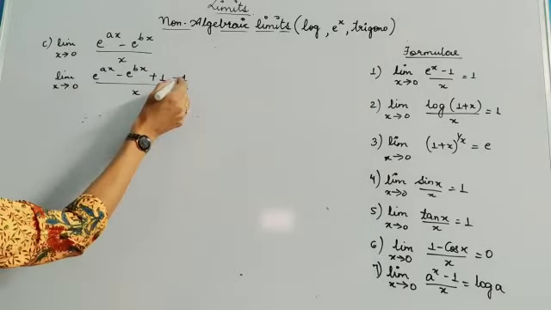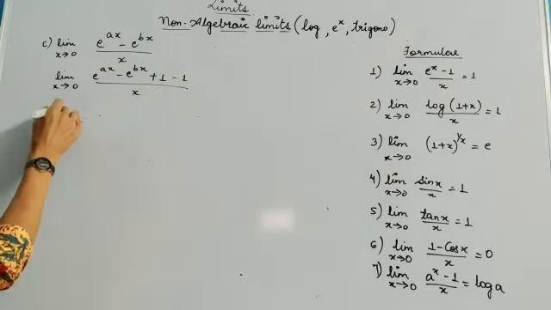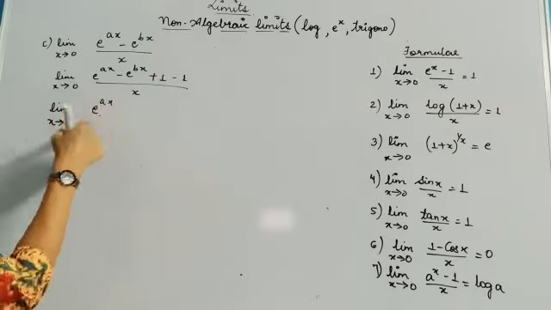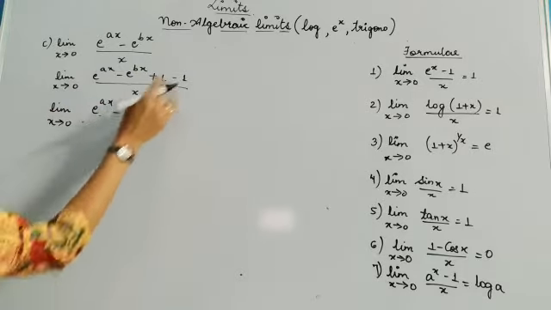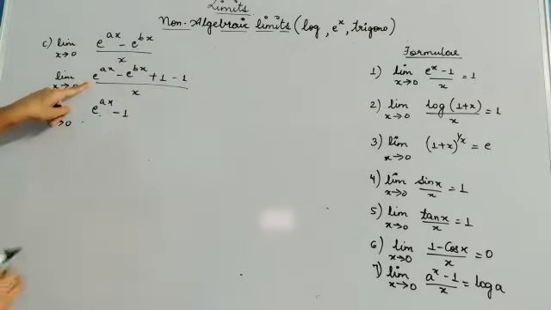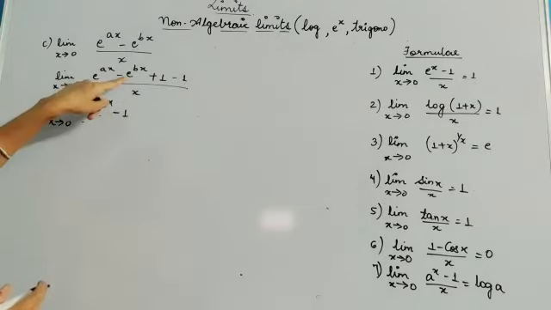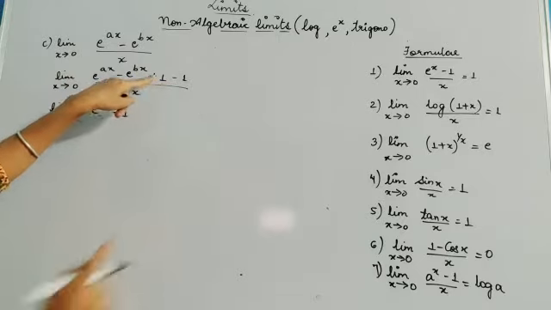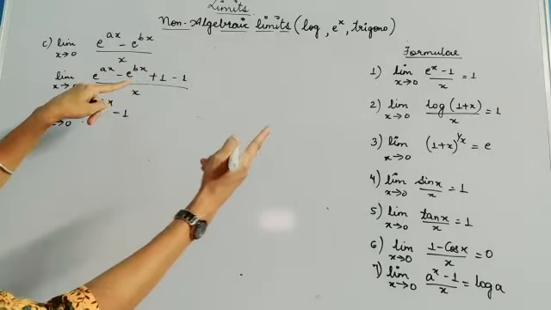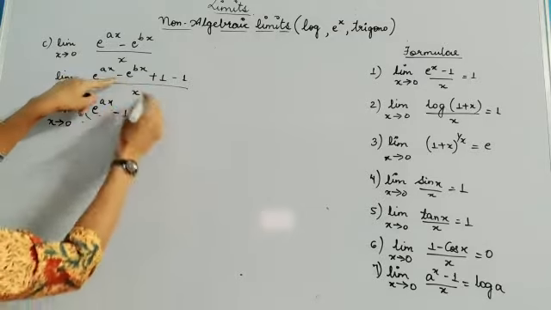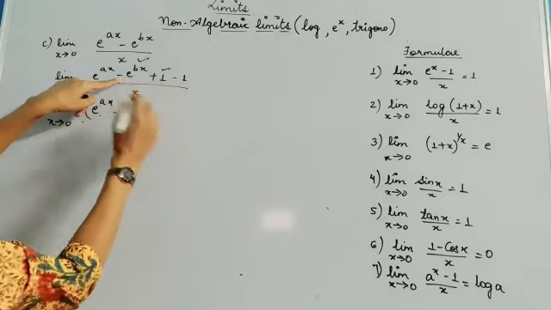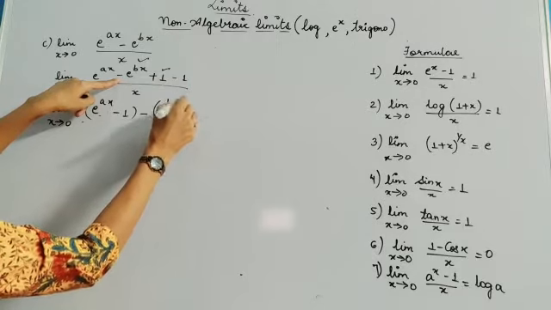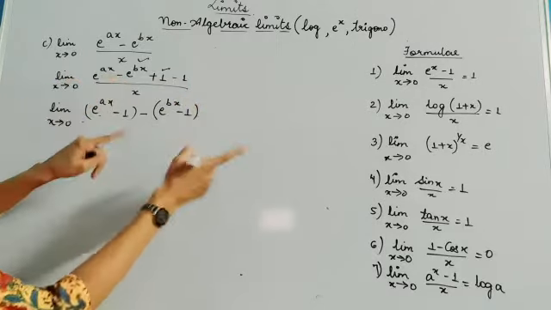Now this minus 1 I can combine with e raised to power x. So here e raised to power ax minus 1. This minus 1 I am writing with this. Now here it is minus e raised to power bx plus 1. But I need minus 1 in the standard form. So I will be taking minus common out of these two. So I will be getting it as e raised to power bx minus 1, which is my required form.